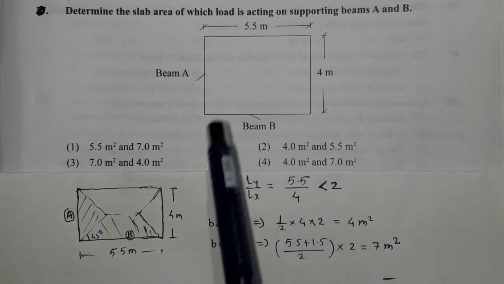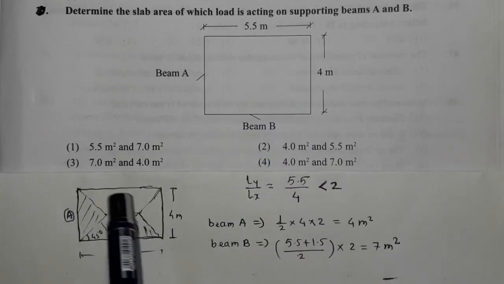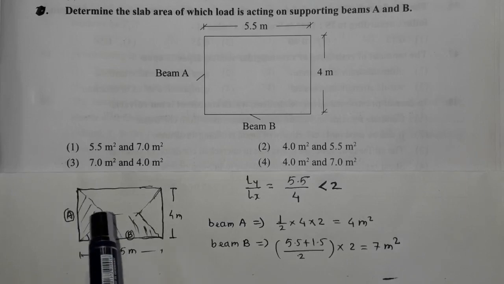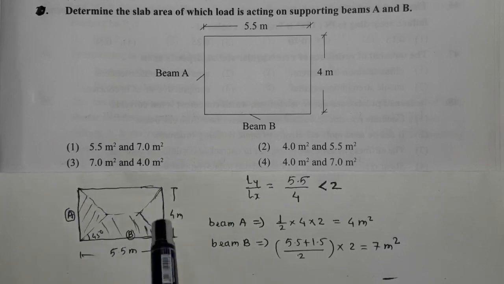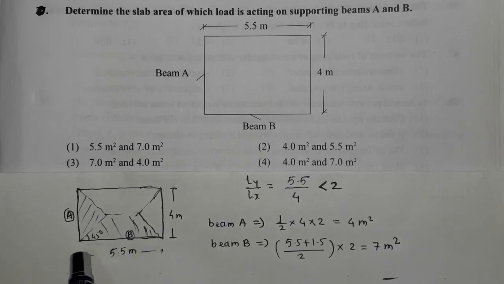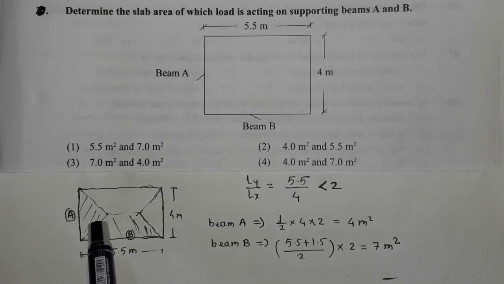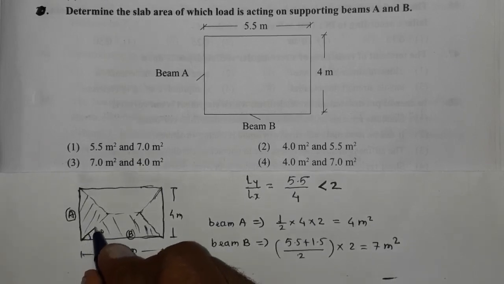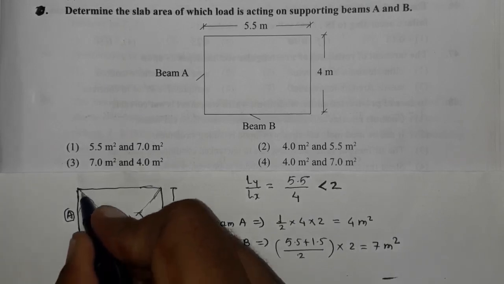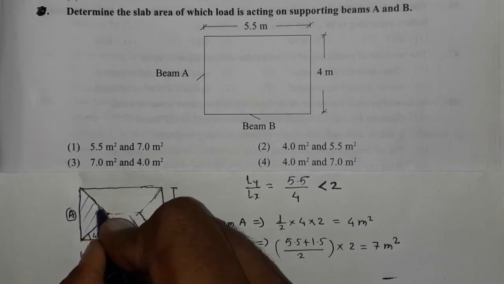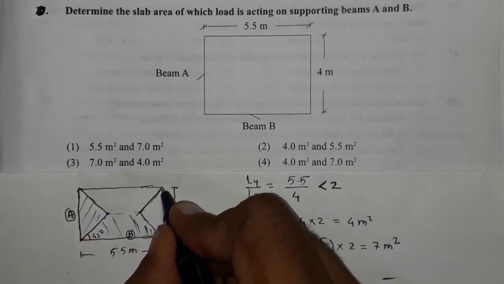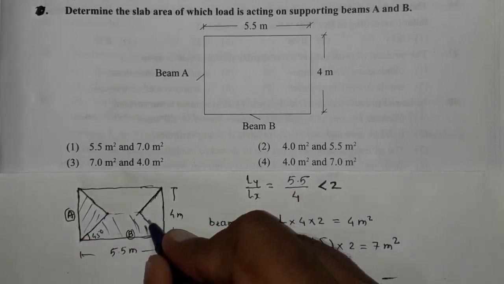And if it is a two-way slab, we will have to adopt this procedure as per clause number 24.5 in IS 456. Now, as per the clause 24.5, if it is a rectangular two-way slab, then the supporting beams are going to carry the loads like this. Now from each corner we will have to erect a line inclined at 45 degrees. So this is the first line which I have erected from this corner at 45 degrees. Erect a line from this corner also at 45 degrees. Erect a line inclined at 45 degrees from this corner, and the fourth one from this corner.